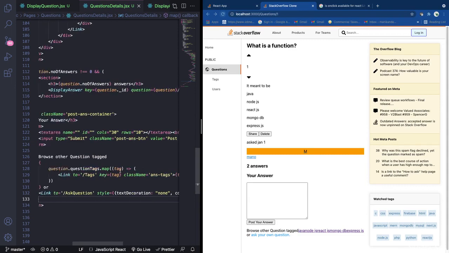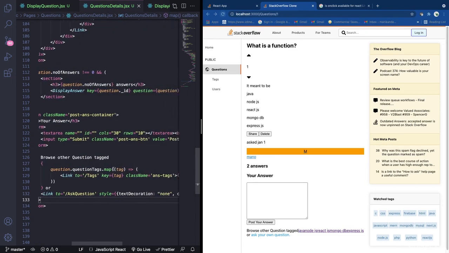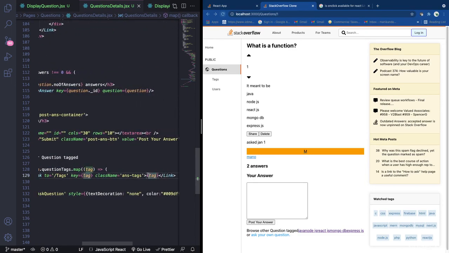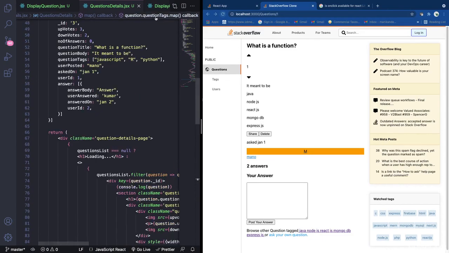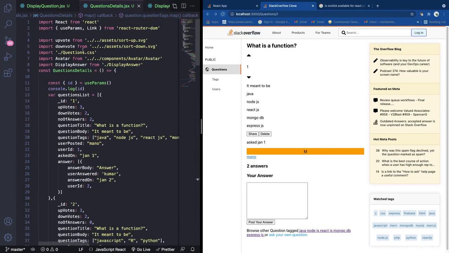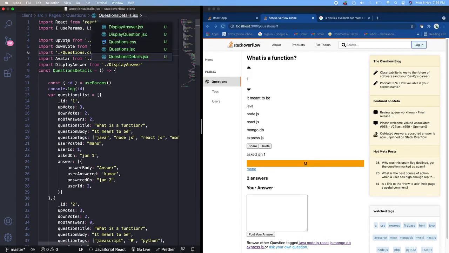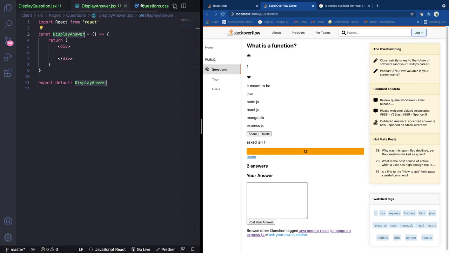So what I can do, we will give a space around both of them, so each will be separated by space. So now we will go to that, make sure we have imported the CSS page so that we can style it easily. So I can just close this, and I can just go to the display answers page, and in here